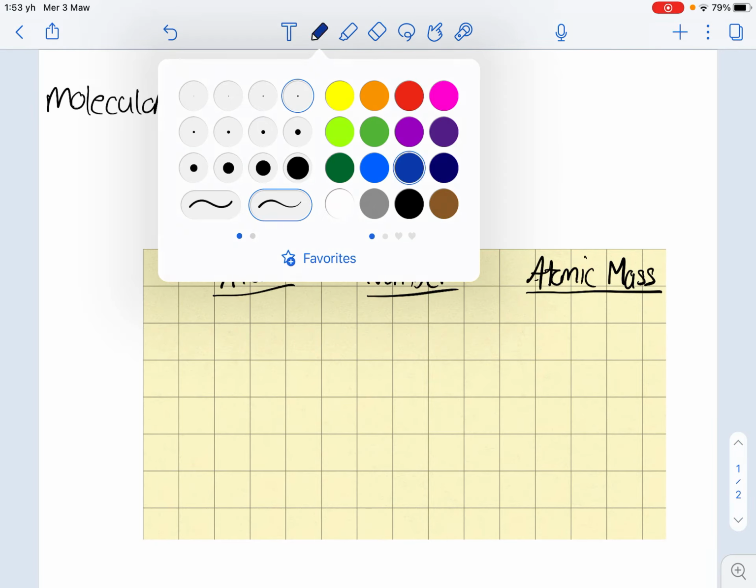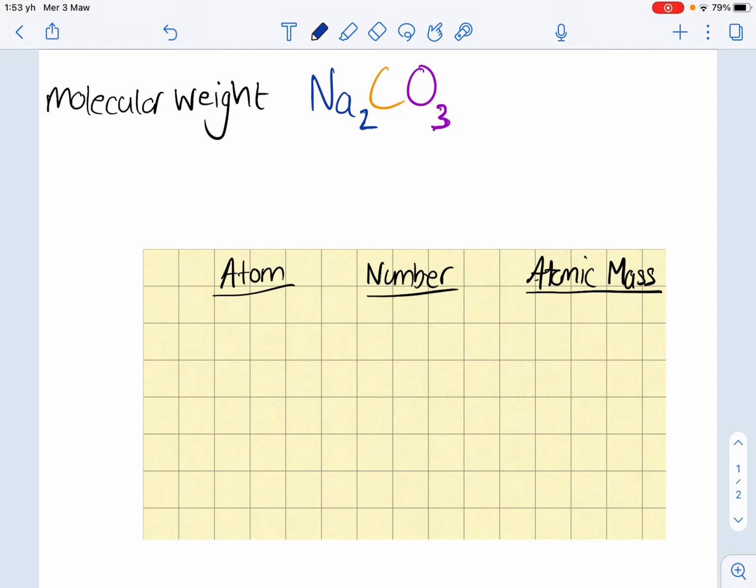Okay, so here is a brief video on how to work out the molecular weight of a compound. Now I've chosen this compound here as an example, but these steps are exactly the same regardless of the type of compound that you're trying to work out the molecular weight for. So the first thing we need to do is look at this compound here,